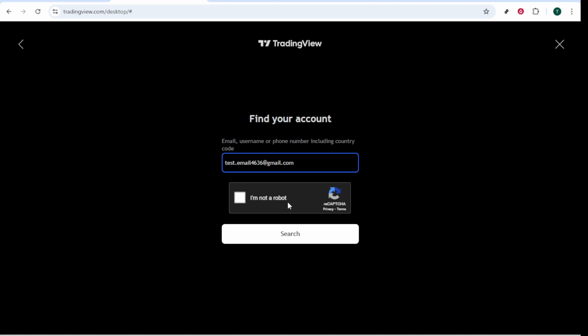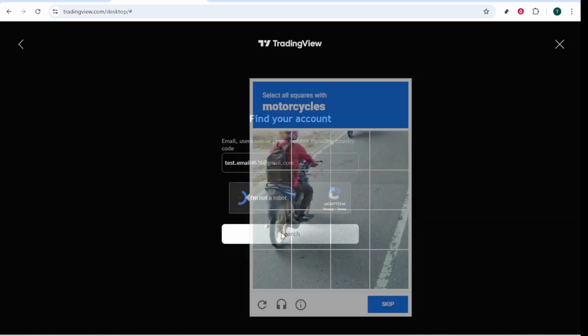If for some reason you can't remember the email address or phone number, but you have your username at hand, try entering that instead. TradingView might offer an option to search using your username, making it easier for you to get back on track. After you've entered the necessary details, the next thing you'll receive is a recovery link or